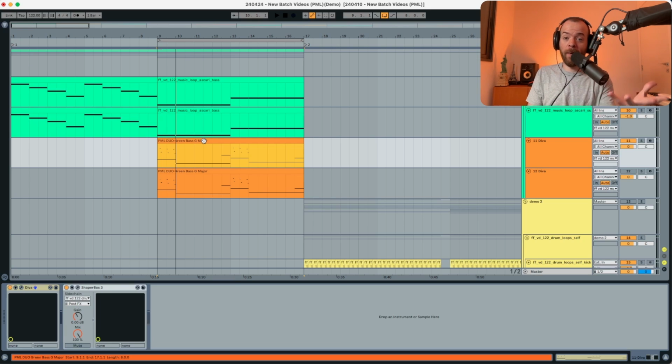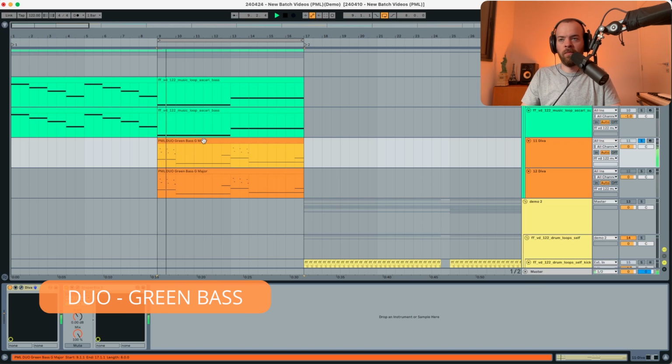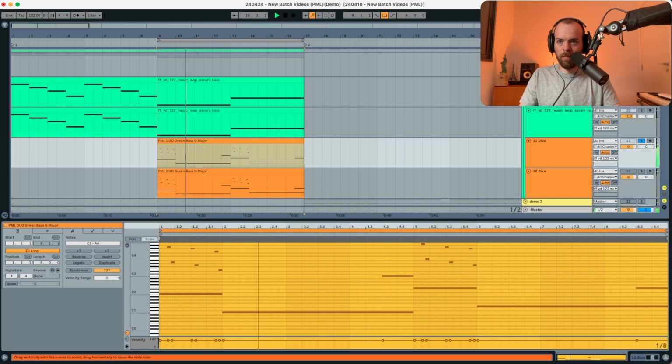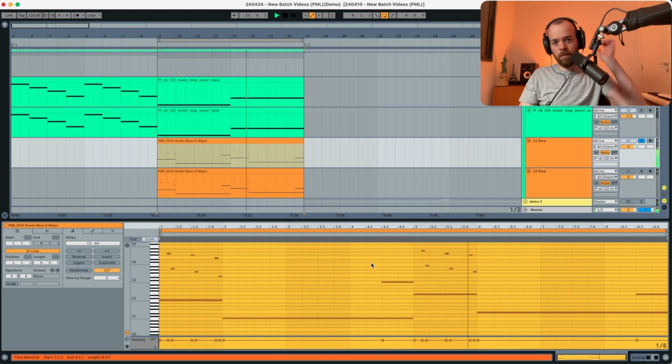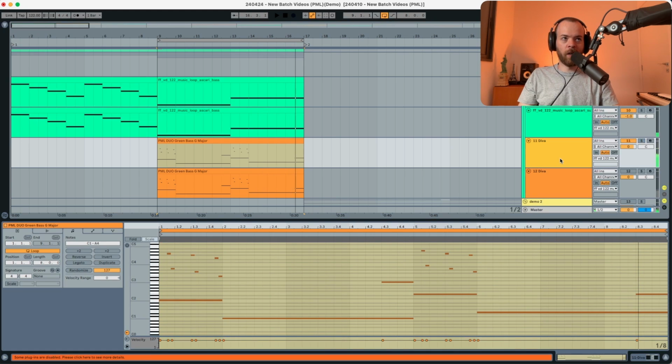Today we're creating a bass and a lead called Dual Green Bass, as you can listen over here with the MIDI. You can see that we have a bass and the lead over here. And now if you want to listen in context,